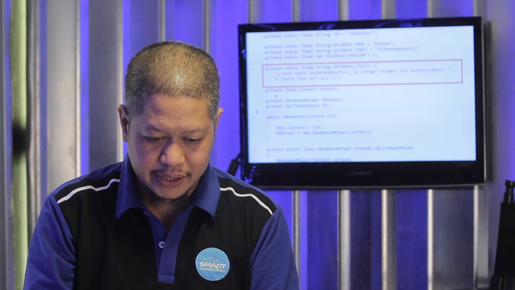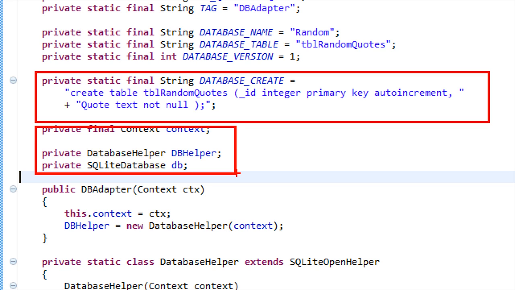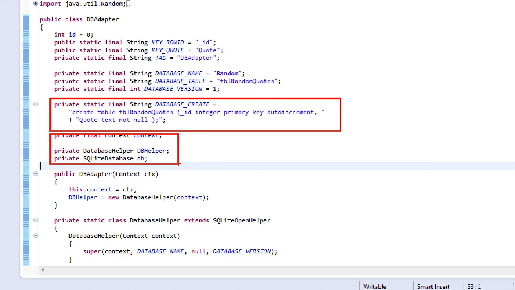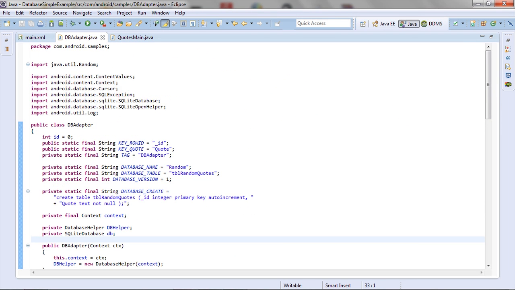We have a couple of other items being created here. Context, because our classes always need to know in which application they're currently running in. And then two private variables, one for DB helper and one for an SQLite database. Both items are already part of the Android package.